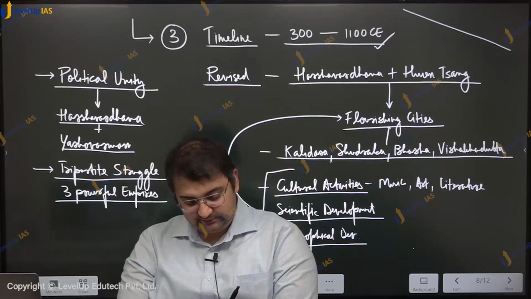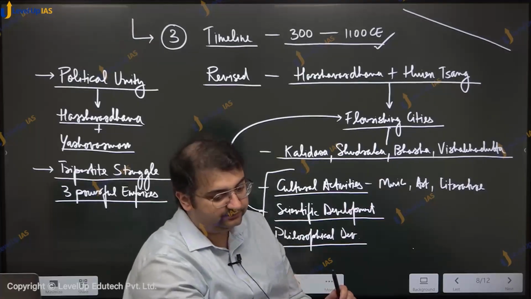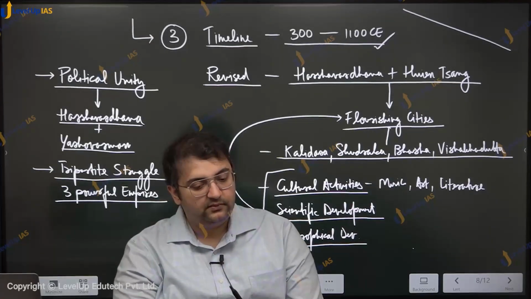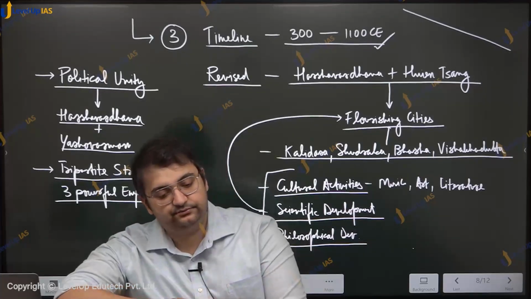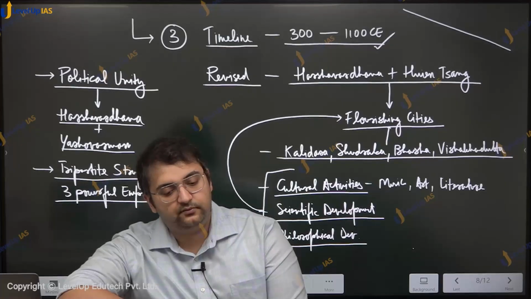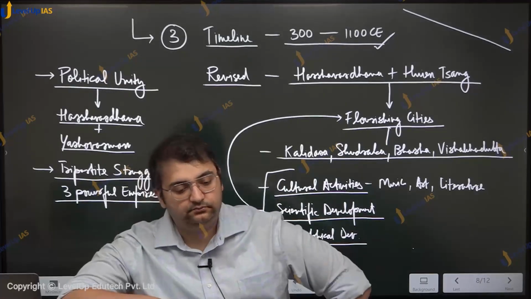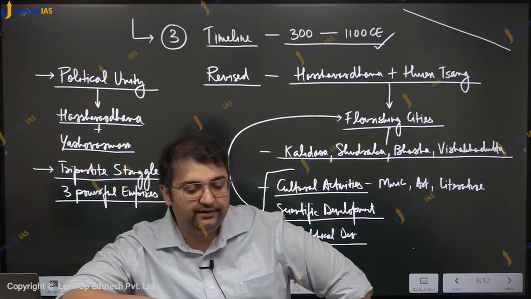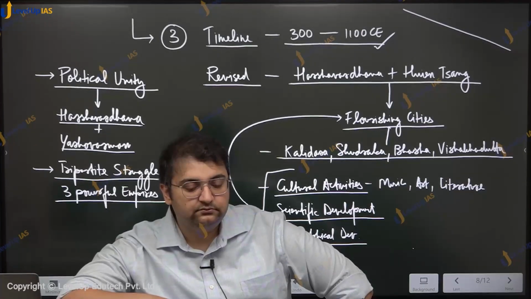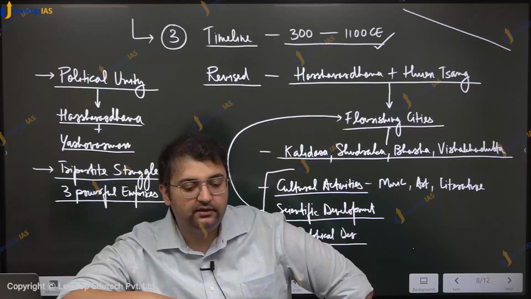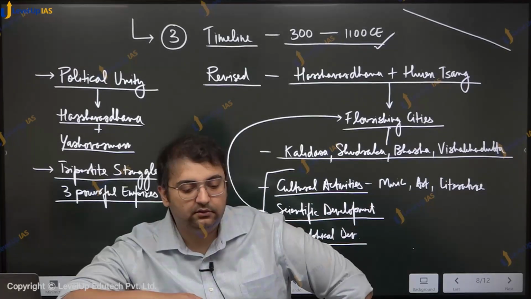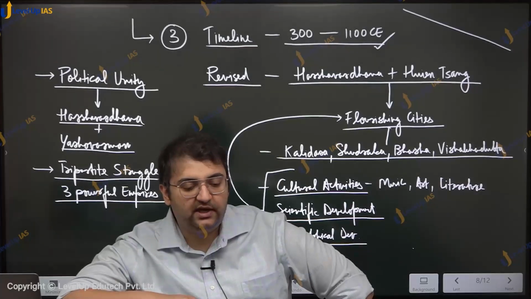Subpoint. Fa-Hien and Hiuen Tsang report the flourishing status of urbanization in India. Full stop. Next subpoint. The literary compositions of the Gupta era